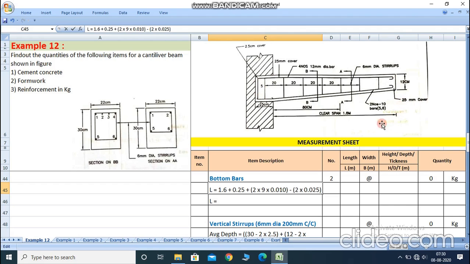So we got the total answer for the length of the bar equal to 1.98 meter. So we write here total length is 1.98 meter, and